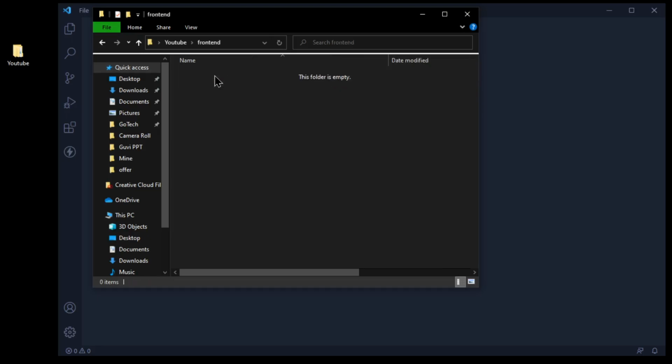Within the frontend folder, I'm going to create one new React.js project, and using that React.js project, I'm going to create a small UI that will represent the user registration screen, login screen, and then the welcome screen. That welcome screen will come only after a successful login. So before doing login, we have to write the front end part. This is what I'm going to do with the front end.